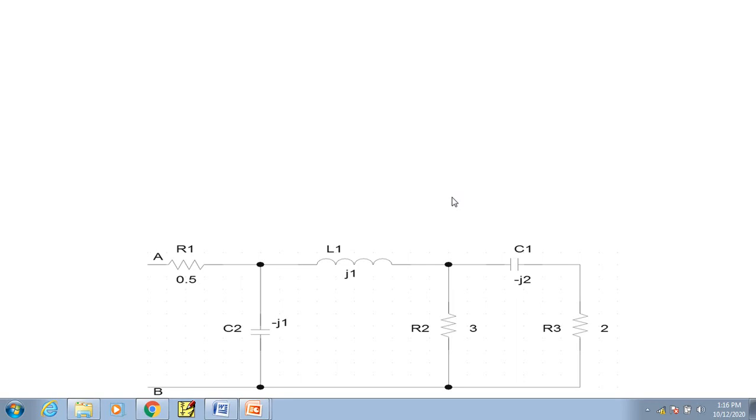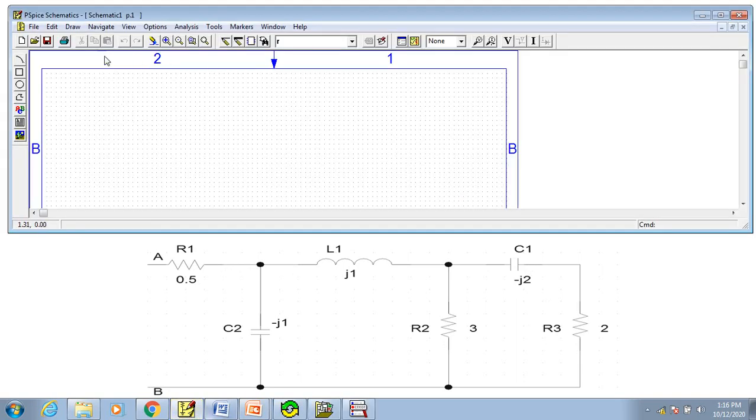So now let's move on to simulate the circuit. As you can see the circuit diagram here, you can click on PSpice, there is schematics, right, and there get your parts. What all are the parts? As discussed, we need resistance, so type the part name as either small r or capital R, place it accordingly.